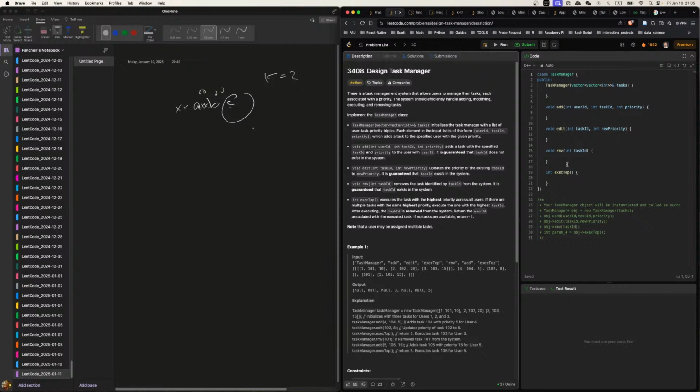Okay, I think we have the solution. We know what is needed, right? We need a task. I remember it's going to be a map where we'll put, because we need to remove, so the task ID, okay, we'll put a task ID in the map, and the value will be, what is the value? Task ID, user task ID, and priority. We'll add task ID, priority,